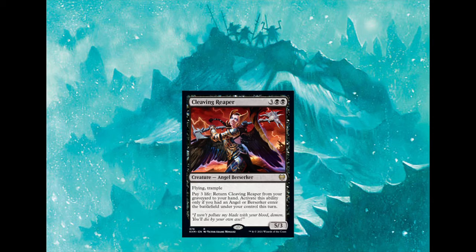Angel and berserker specifically look like they're getting a lot of support in this set, as well as the angel creature type having had support for the past couple sets. This looks like it would just be a good payoff in a deck that's running a lot of those. However, the previous angels have only been white, so you're probably going to be relying heavily on this set for black angels, but it definitely could work in a deck that runs a lot of angels or a lot of